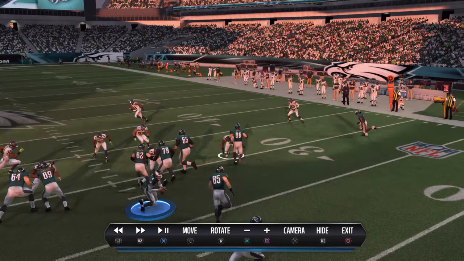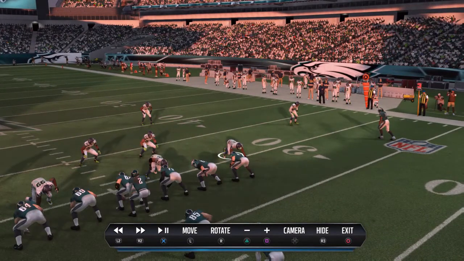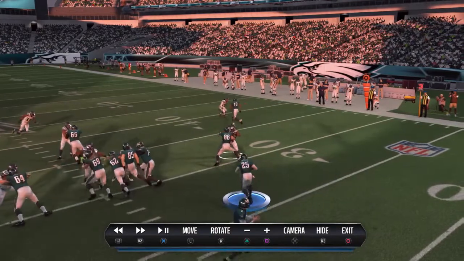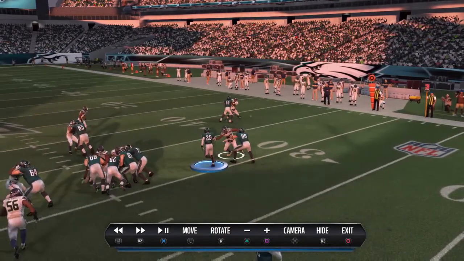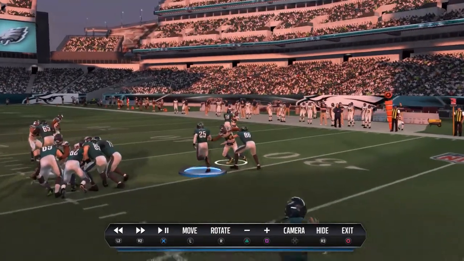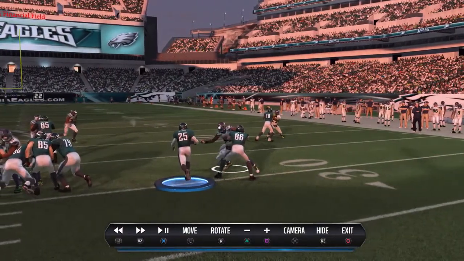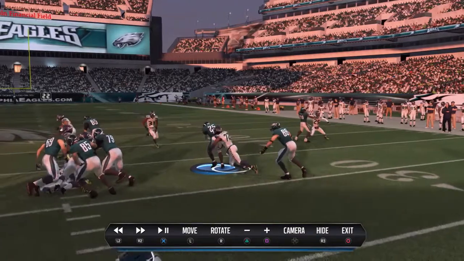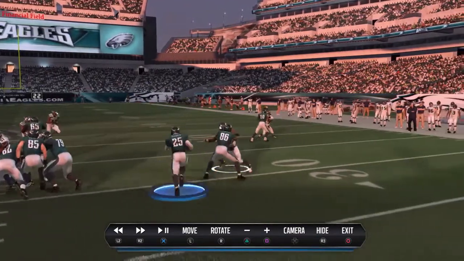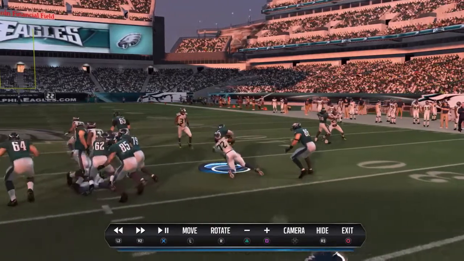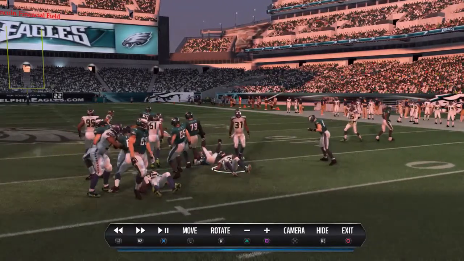But as far as the lead blocking is concerned, that definitely needs to be cleaned up. There's no reason Casey isn't aware that he has to go up and block the safety up here and try to make a play on him, at least. But hey, it's Madden, and there are positives in the game and negatives. It just needs to be consistent. That's all. I'm going to start getting to this next play.